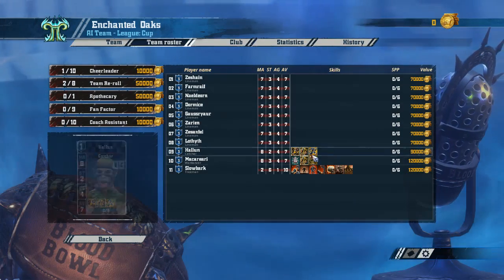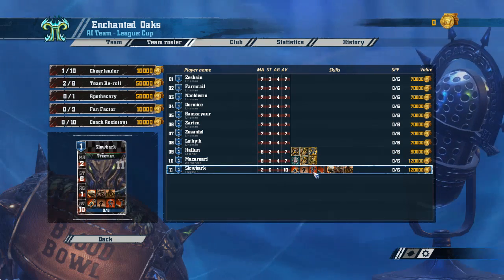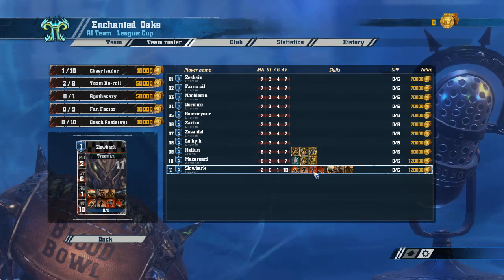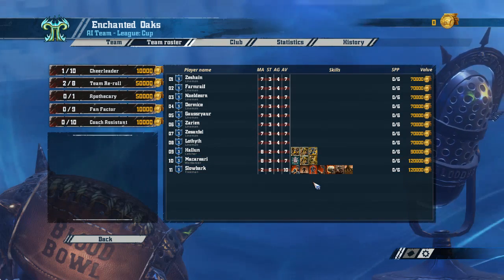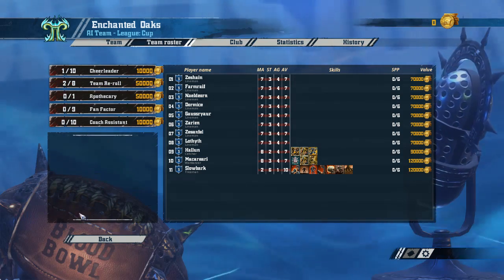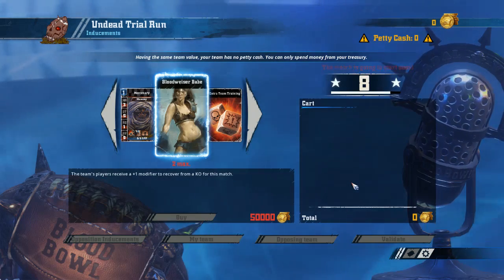So here we can quickly see they have 1 catcher, only 1 war dancer, and they start with a 3-man. Thank you, AI. Well, that's nice. 2 war dancers and more catchers would have been smart. They have 2 rerolls, cheerleader, because why not? Alright, validate, and...